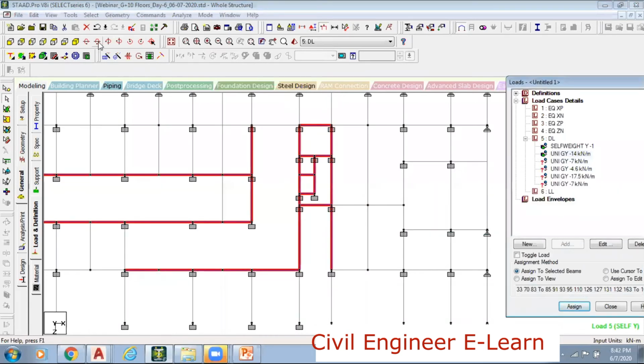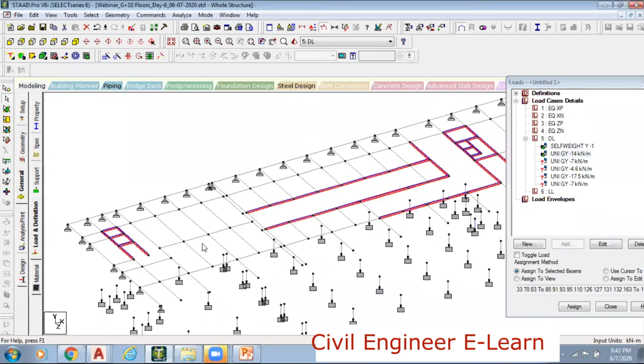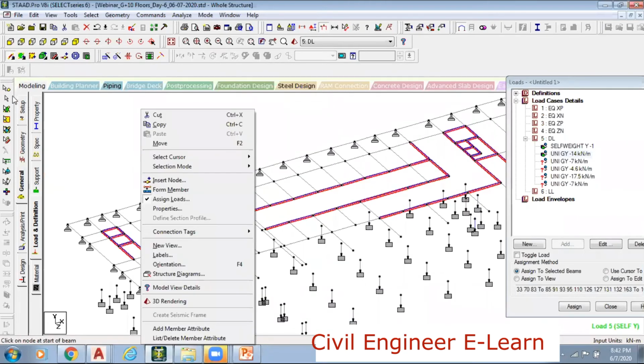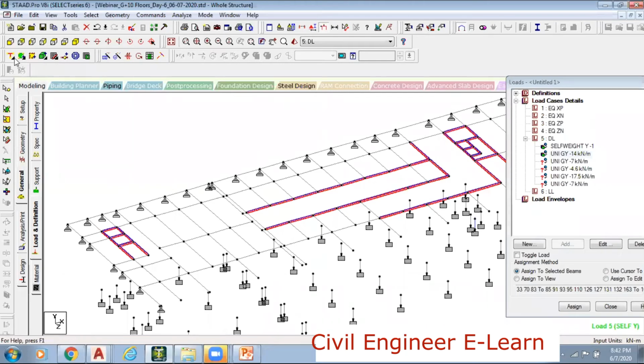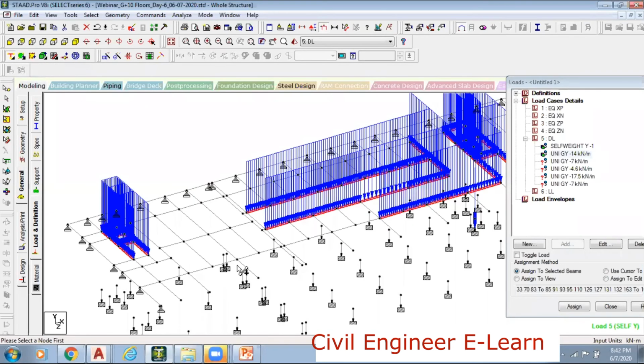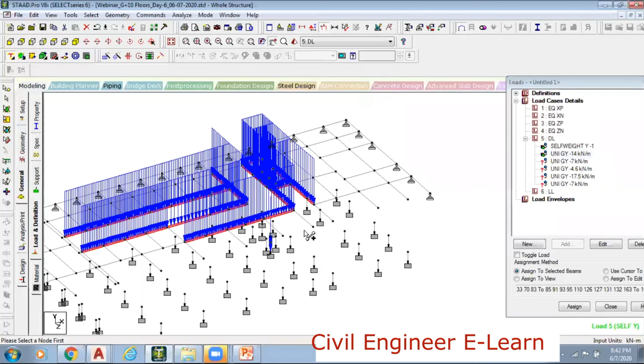I will now add these loads. This extra beam I must be adding here. Let me add a beam here. Let me add a beam here. Click on this, done, and then done. I'll go to this, use this, and from here, and then done. I'll add this member from here and then here, right?